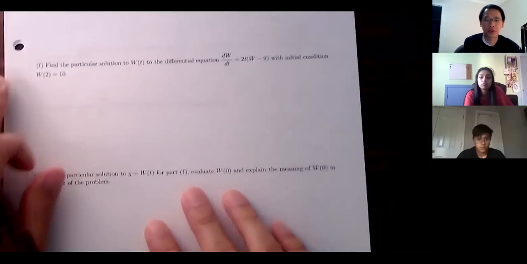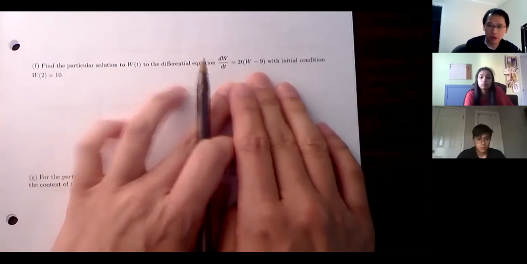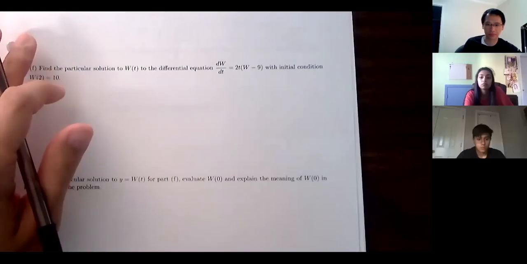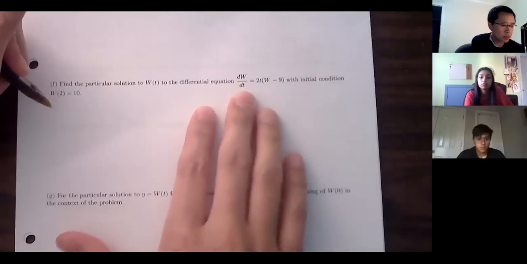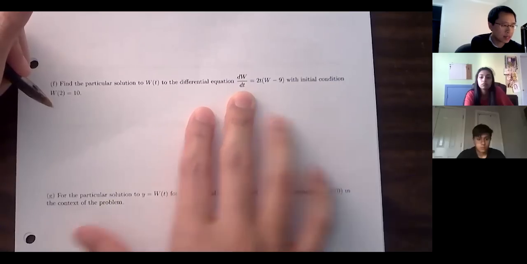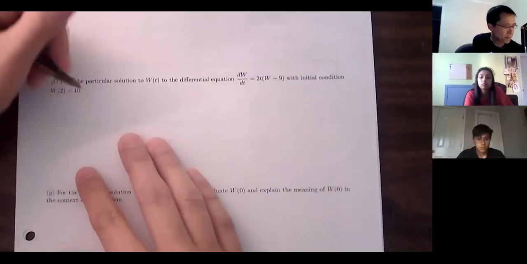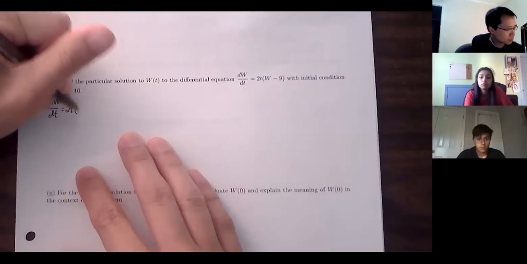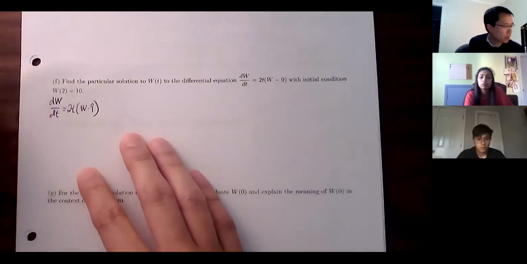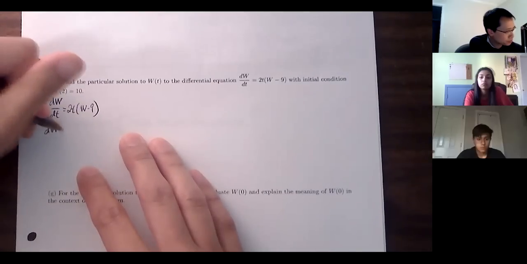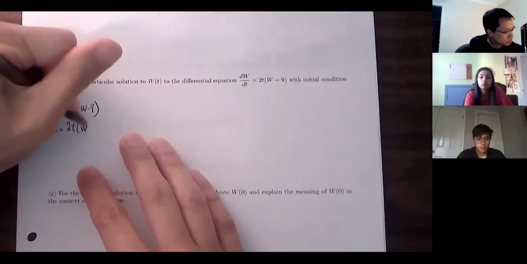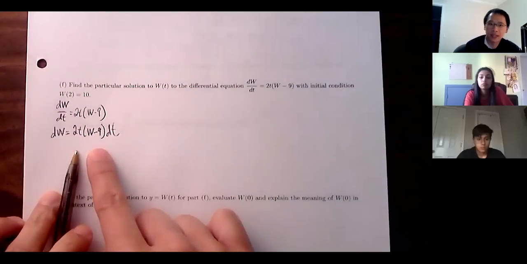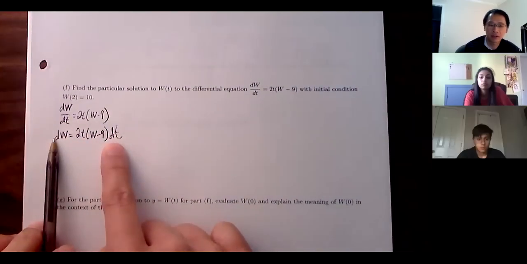All right, so we're going to solve this differential equation. That means we want to cross multiply. We want our w's on the left, we want our t's on the right. So first thing I'm going to do is just cross multiply. I'm going to move that t over to the right side. Okay, move that t over. We don't quite get separation yet, but it's a little bit cleaner to look at when everything is up in